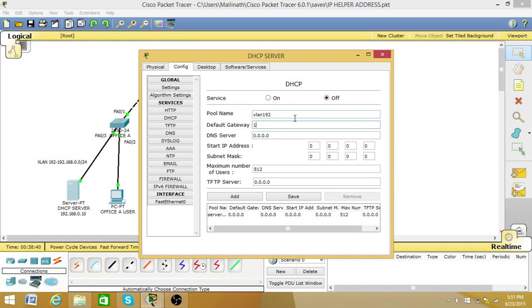The gateway is 192.168.0.1 and the DNS is the IP of this server, 192.168.0.10. The start IP is 192.168.0.1,